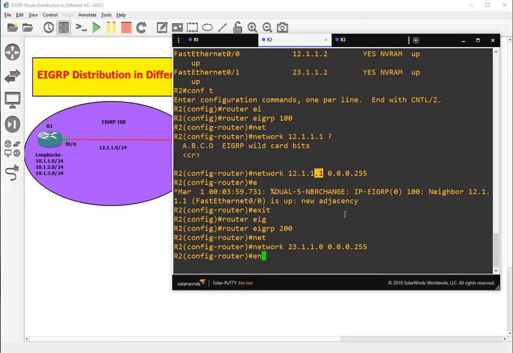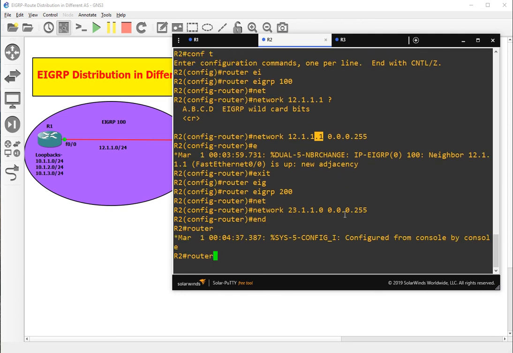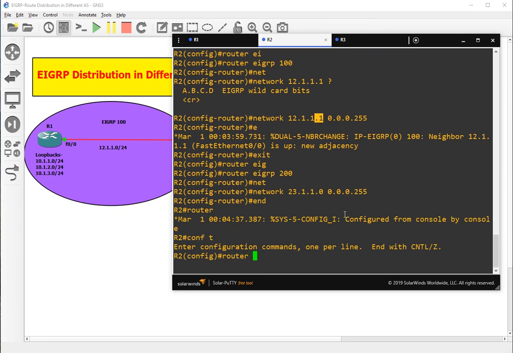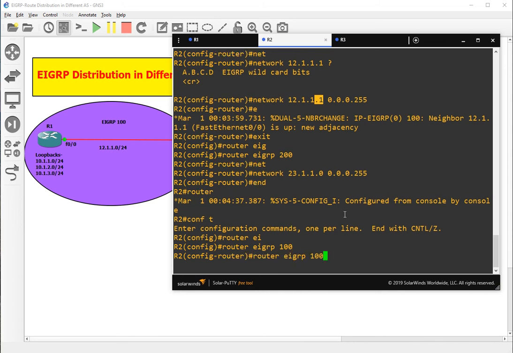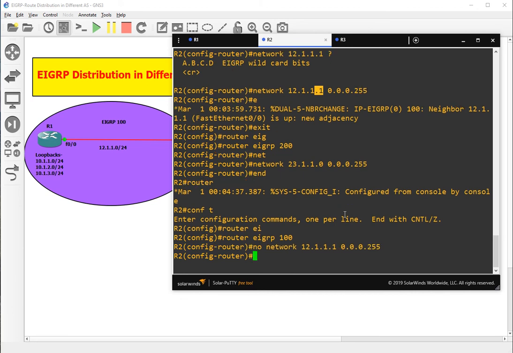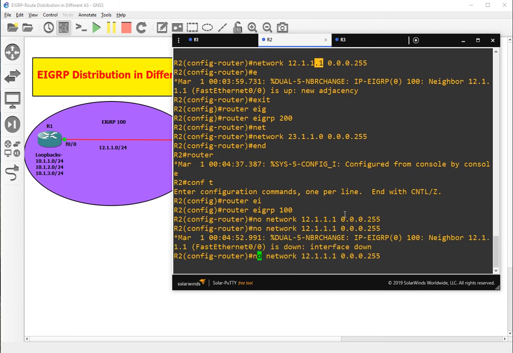Enter, and router EIGRP 100, let's make it a no, and give the network, because this should be for network, right?